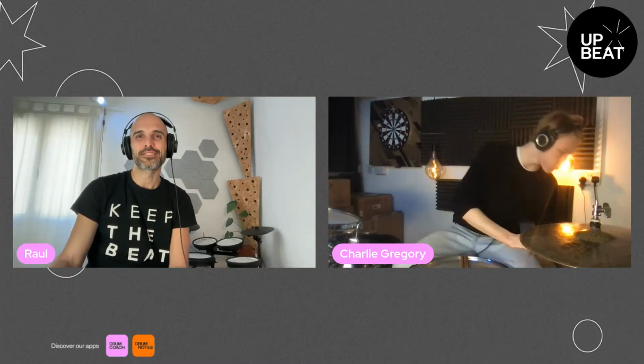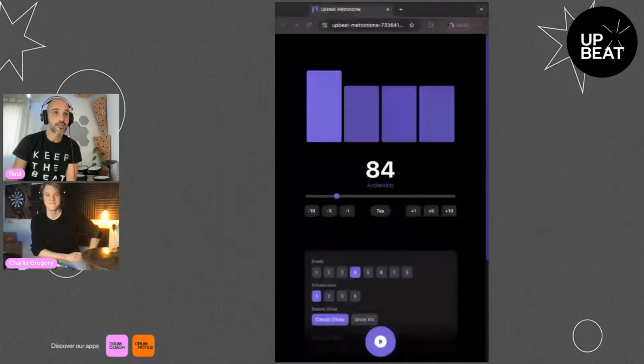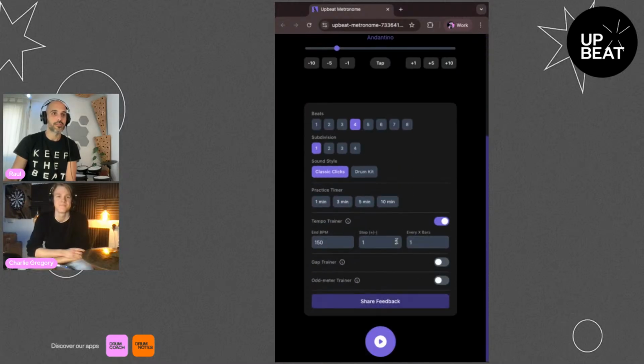That's cool. So let's wrap up with another game. But now Charlie's going to challenge me. I'm going to put here a metronome. Charlie, which movement do you like? I like the double stroke roll. All right, classic, good one. So I'm adding a metronome here. This is the metronome we find inside of Drum Coach, which is pretty cool because you have a bunch of options, like increasing the speed and tempo. It has this gap trainer, so you can practice, and then suddenly the metronome disappears and appears again, so you can really practice your timing.